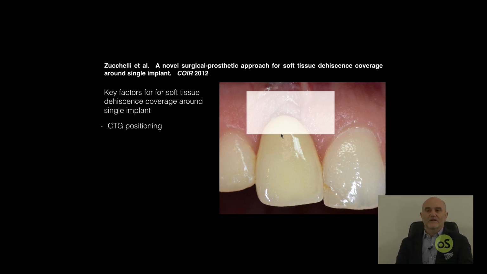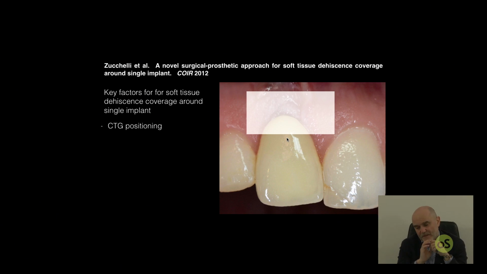When you work as a restorative dentist, you would like always to have tissue to push apical and reach the same level of the homologous tooth, because this is the best way to achieve a good aesthetic outcome. And this is why I would like to place my graft more coronal than the soft tissue margin of the adjacent tooth, in order to increase the thickness and the height in excess and make my restorative work much more